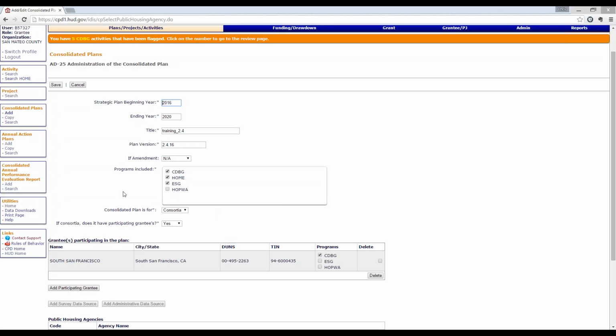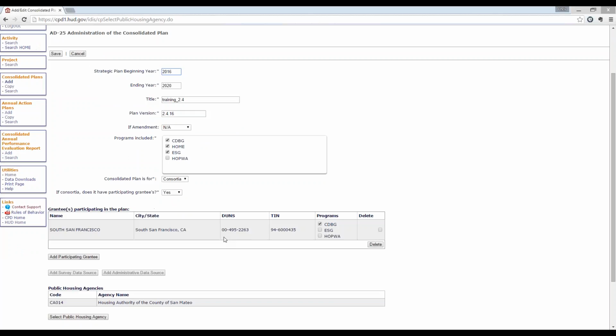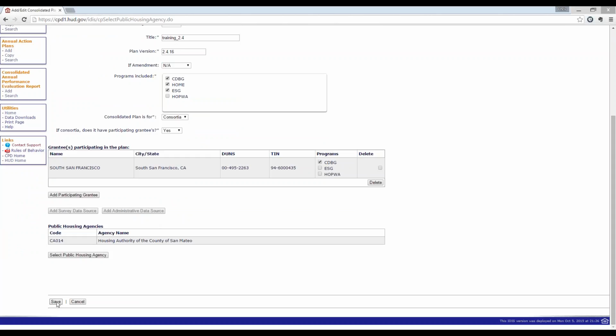So I've double-checked everything. I've made sure that it's the correct programs included. I'm comfortable with my title and version, the start and the ending year, my PHA and my added grantees and their programs. Come down here and I will click Save.